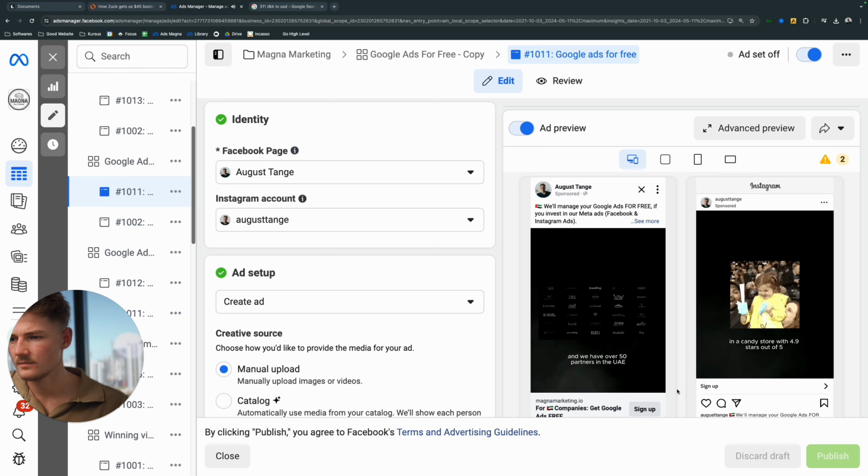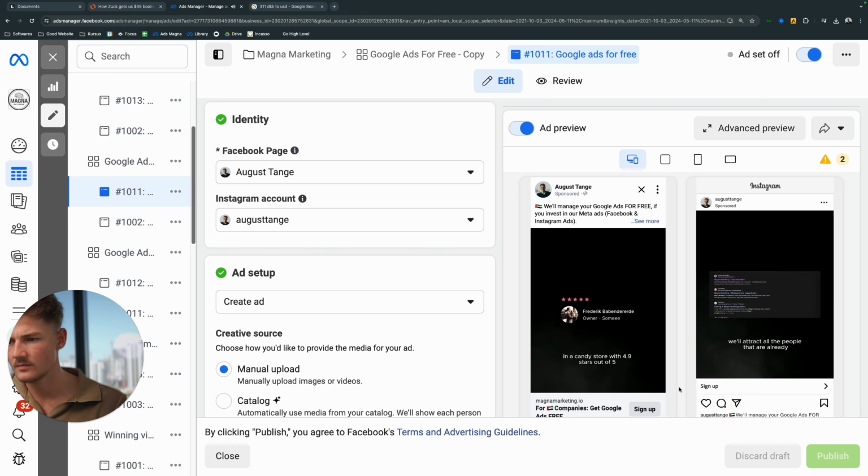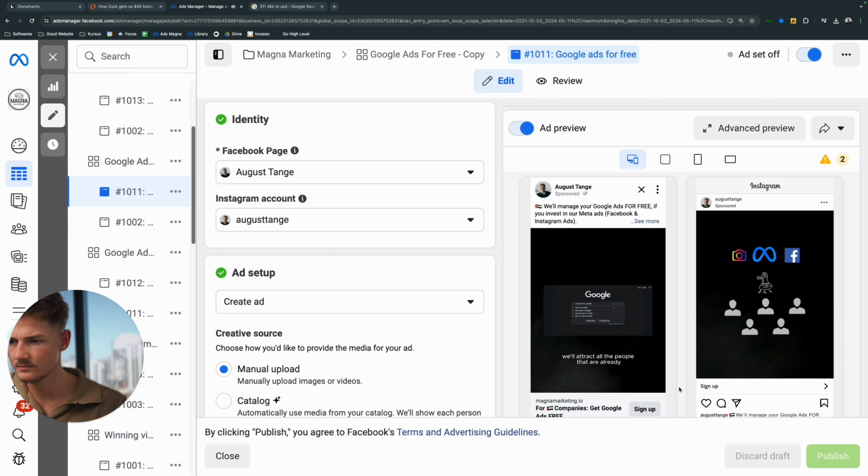And we have over 50 partners in the UAE and European markets, and they are more satisfied than a kid in a candy store with 4.9 stars out of 5. With Google Ads, we'll attract all the people that are...